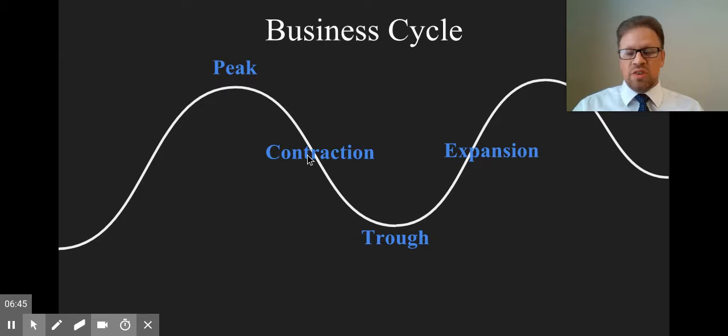So if you have cyclical unemployment, it just means I don't have a job because the economy is just doing poorly. When the economy improves, I probably won't be unemployed anymore. So possibly sometimes you might get laid off because you're in a period of contraction, and then once they're out of contraction, they might just hire you back. And the last type is really confusing.